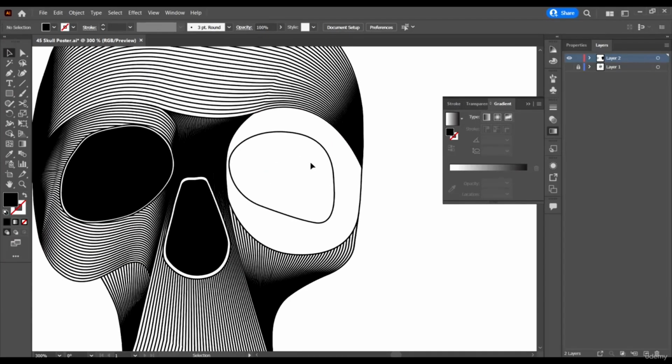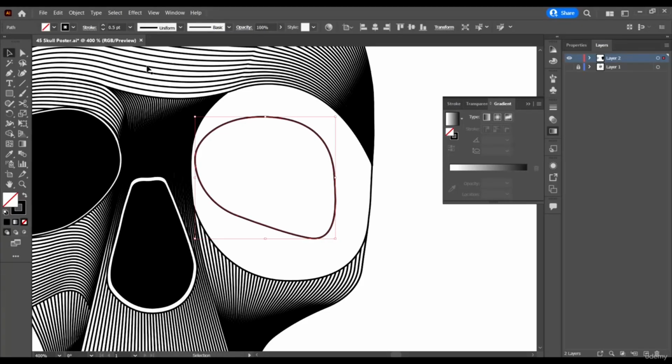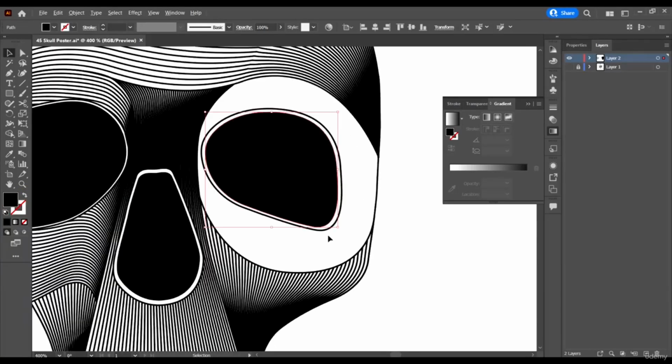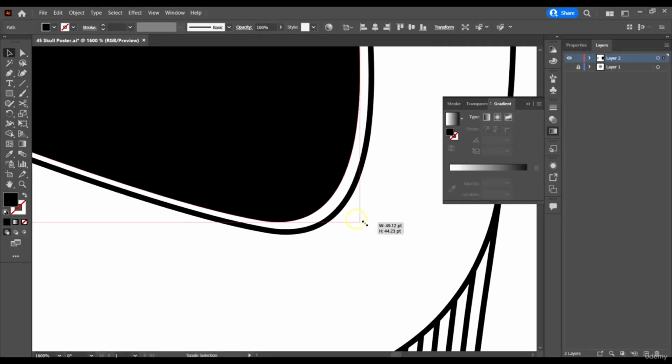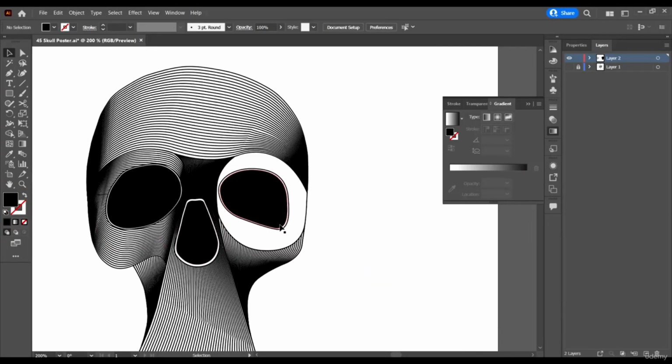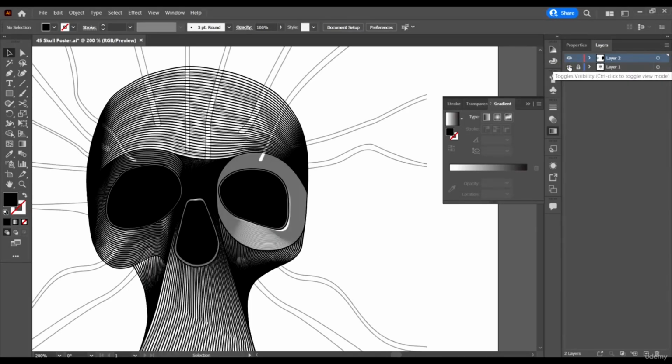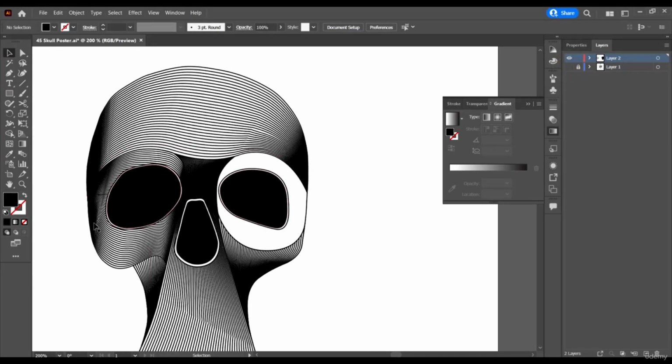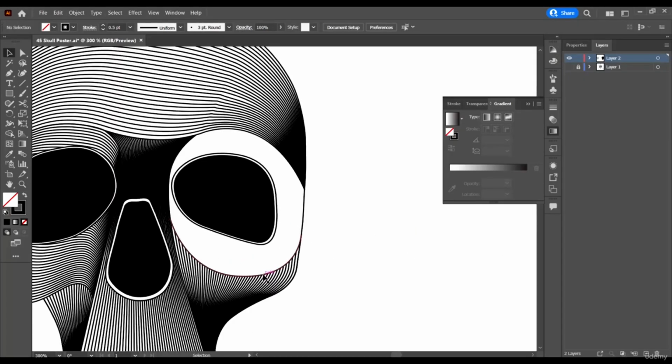The next and last one is this eye. Alright. So first of all, I'm going to just Control C, Control F, and reduce the size like this, like we did here, and swap the colors. That's the fill and stroke colors, right? And then let me just peep the original to see how I did it. I basically did it the same way I did this one.